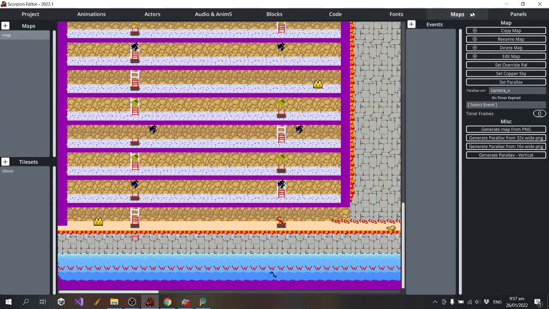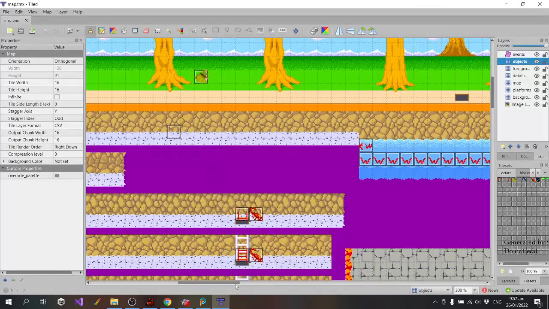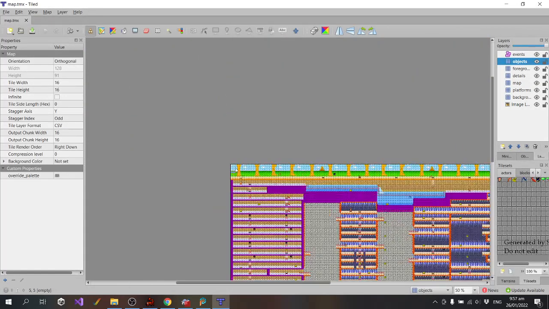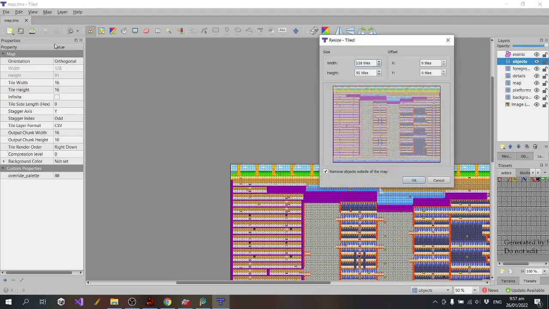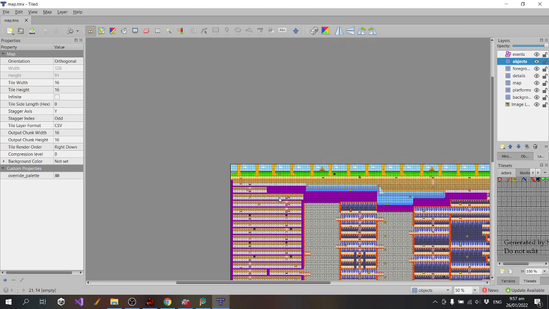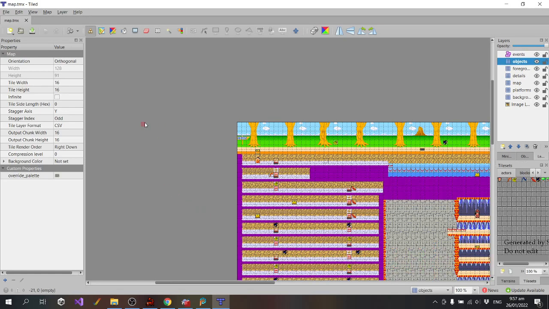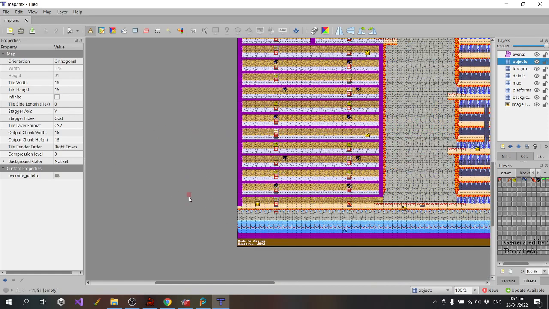So what I could do, probably not the ideal way to handle it, is make the map a little bit wider, and then just have a whole area of the map we just can't get to.